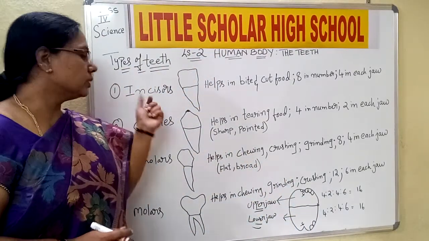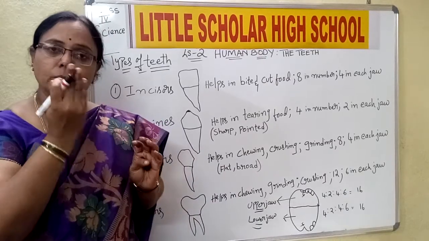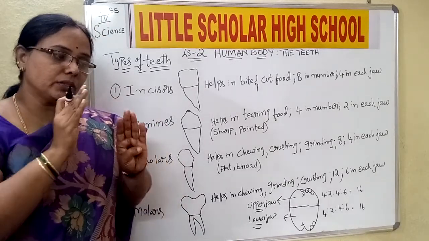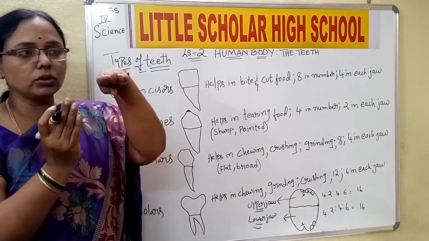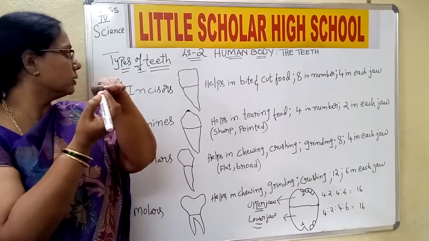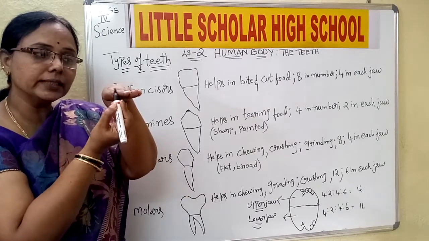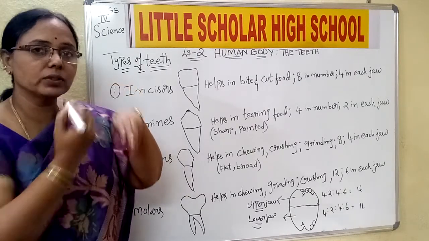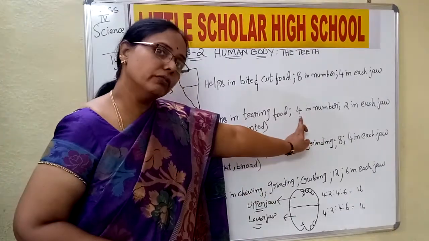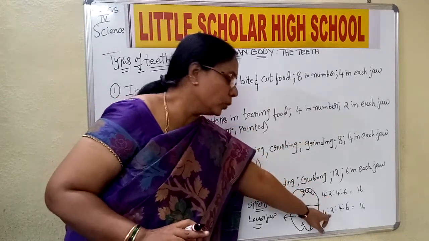That means incisors form the first part. Then beside the incisors we have the canines. For example, this is the mouth or jaw. The front portion forms the incisors. After the incisors come the canines, the side ones. Now understood the number, children? So the total is how many? 4 in the mouth, and this 4 is divided into 2 in the upper and 2 in the lower.